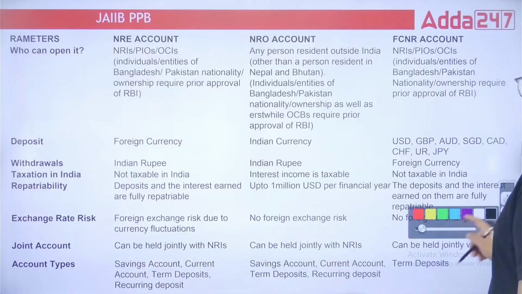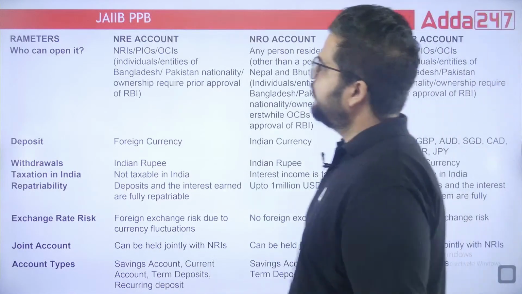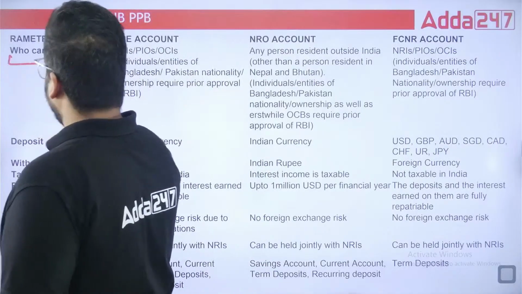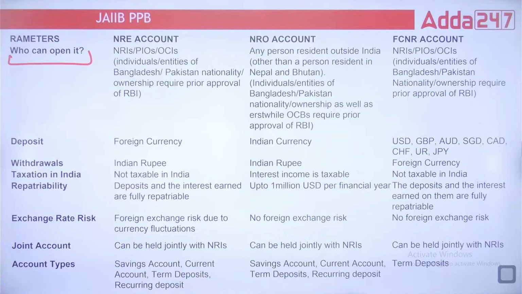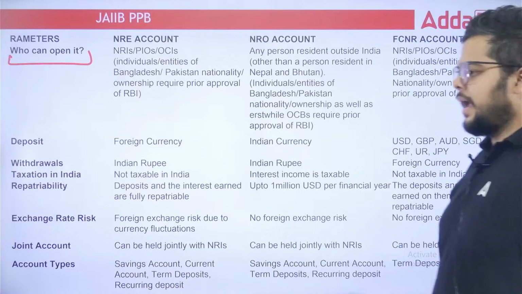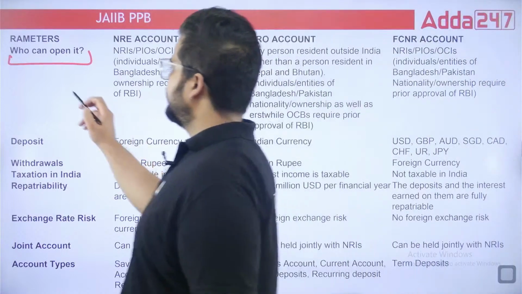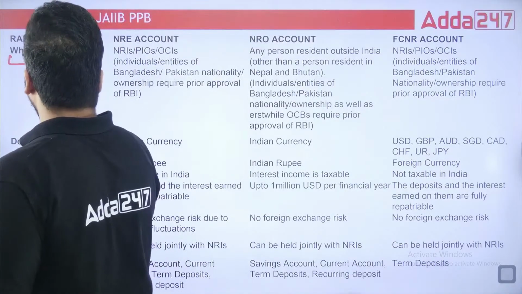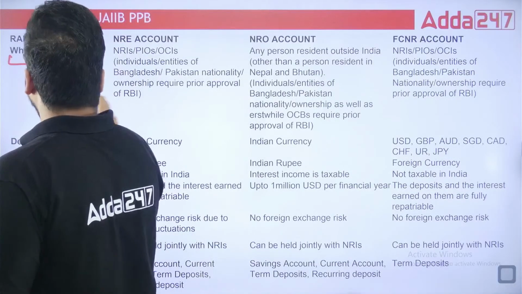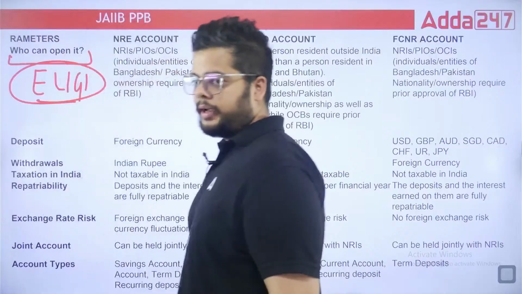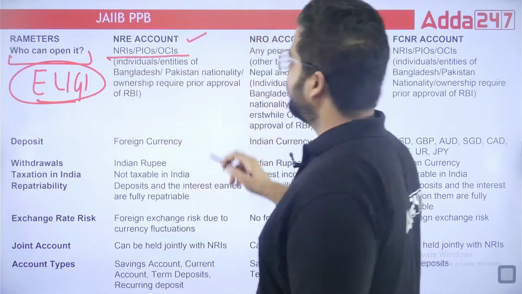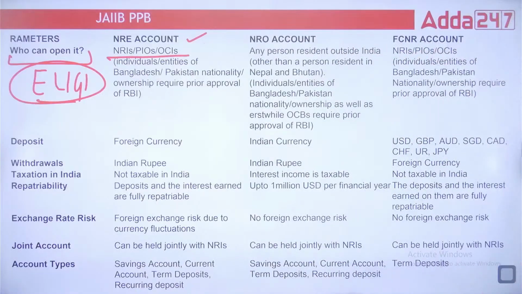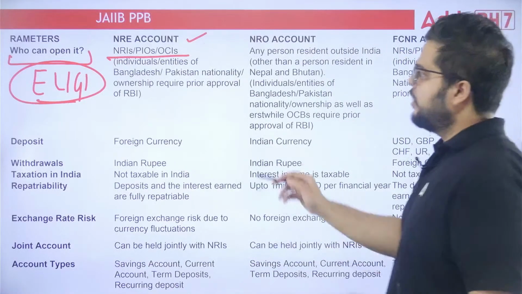So when we talk about the specifics, starting off with who can open these accounts, that is the simple eligibility, who all are eligible for these accounts. Fine. NRE account you can have for the NRIs, for the persons of Indian origin, or the OCIs,